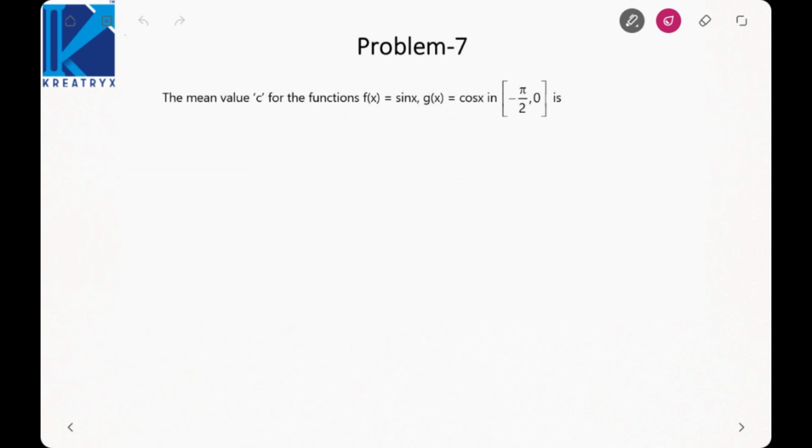In the next problem, it is asking me again the value of c. And now again I have been given two functions. That means I have to apply Cauchy's mean value theorem. The interval is minus pi by 2 to 0. So let us first calculate the derivative of f, which will be cos x, and the derivative of g, which is minus sin